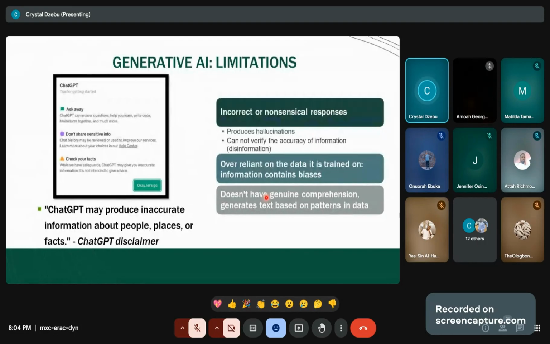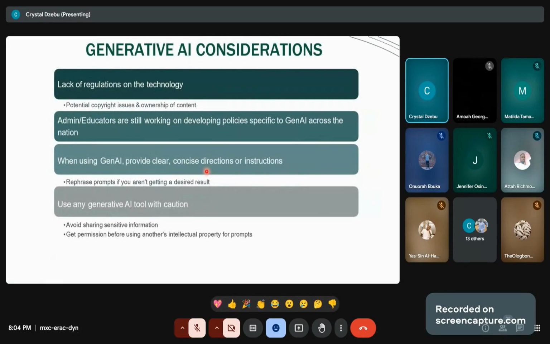It doesn't really understand the prompts that we give. That is why we have what we call prompt engineering, so that we can fine tune our prompts and make our prompt as efficient as possible so that the generative AI will know exactly which answer to give you. So, these are some of the other ones.